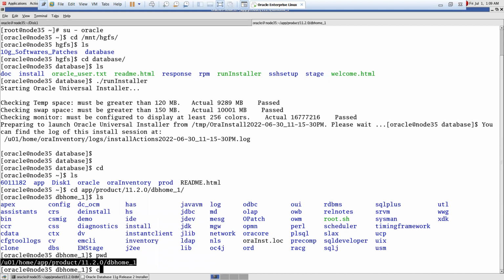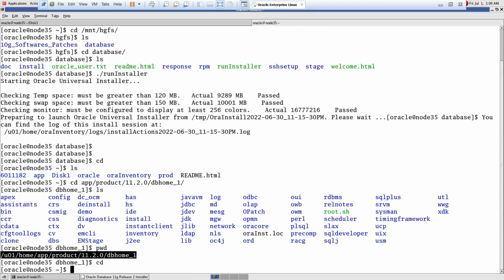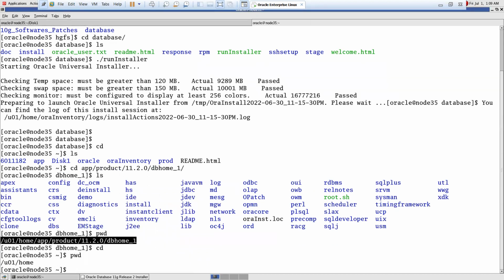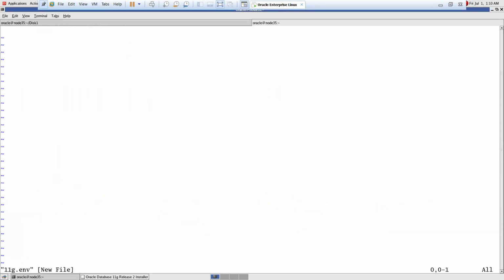Let's copy these paths. Now cd, enter. From home location, I will be creating one new file. It's up to you, you can give any name. So I will be giving 11g.env. Within this file, I will be typing export ORACLE_HOME equals the Oracle home, the 11G software home, the 11G software location, then export